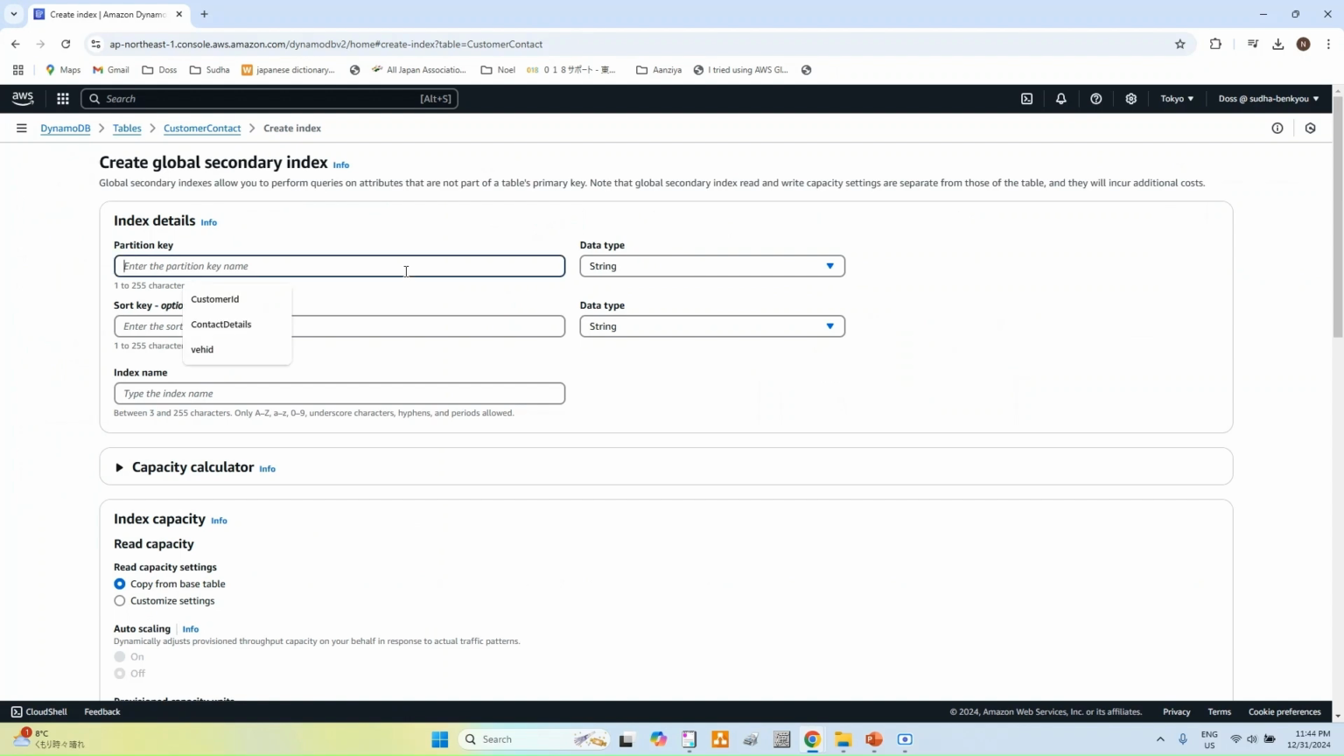Then here we can choose the customer ID. The difference between a global secondary index and a local secondary index is that for the global secondary index, you can choose a partition key and sort key different from the table's partition key and sort key. So here I am putting contact details as the partition key and valid flag as the sort key, and for the index name I am putting